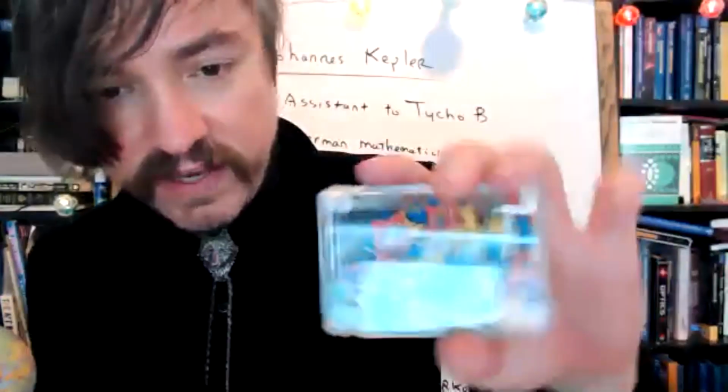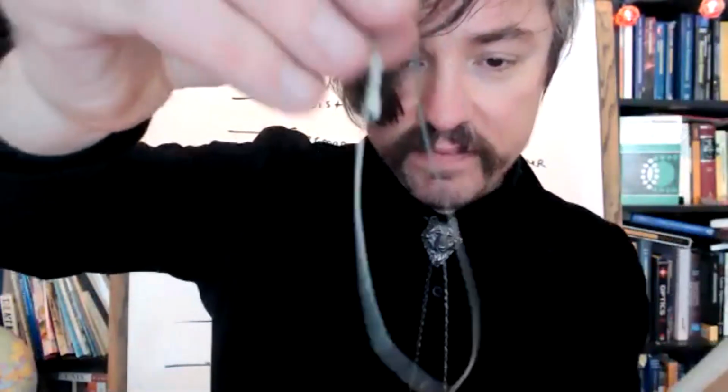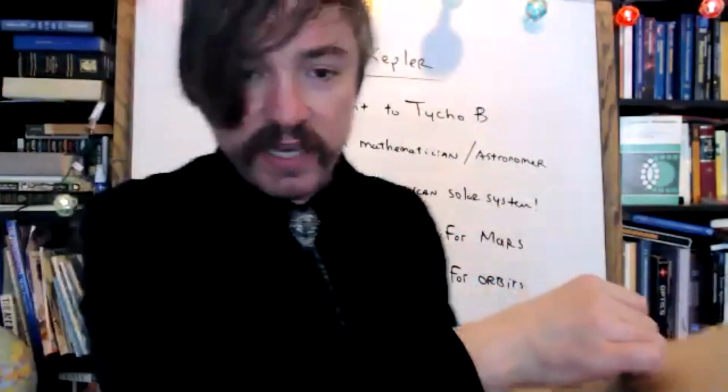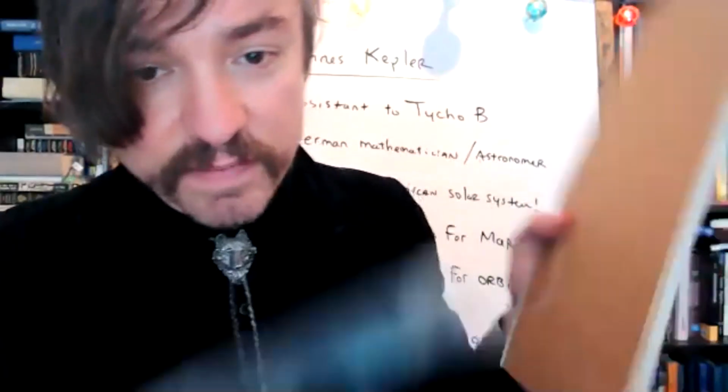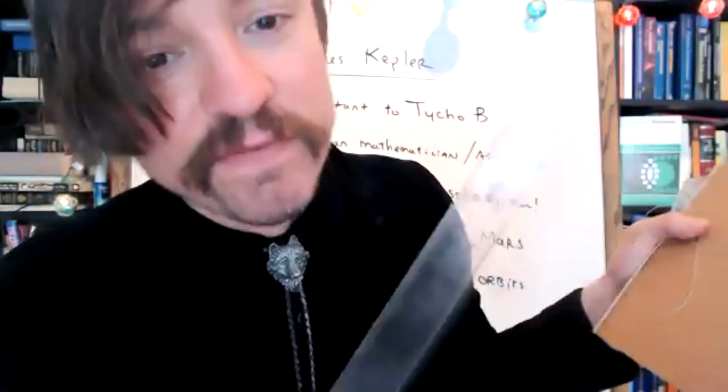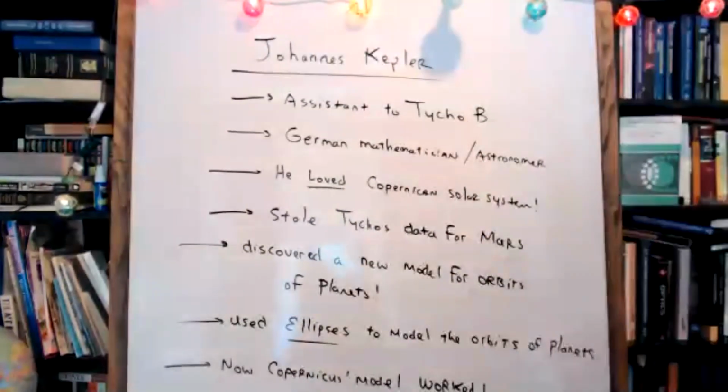You're going to need just 2 push pins. Steal them off a cork board somewhere. A little tiny loop of string. I made my string 30 centimeters and then I tied it into a knot. And we're going to build an ellipse together using these materials. If you get these simple things, you'll have a lot more fun doing this with me. So I'm mentioning it now in case you think about it while you're at the store this week.